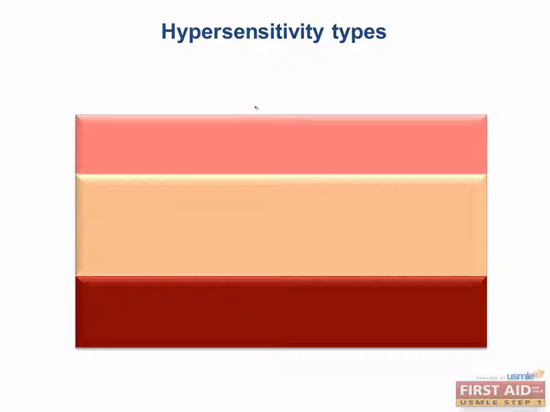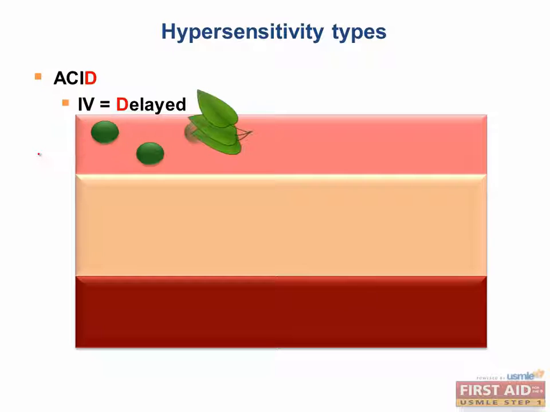All right, now it's time for the last hypersensitivity, and that is the D of ACID for delayed type 4, okay? And the reason it's delayed is because it doesn't involve antibodies. So antibodies are actually very fast acting. But this, type 4, the only type that does not involve antibodies, primarily involves T cells, so it's a little bit slower. So this is what we see, for example, in poison ivy,